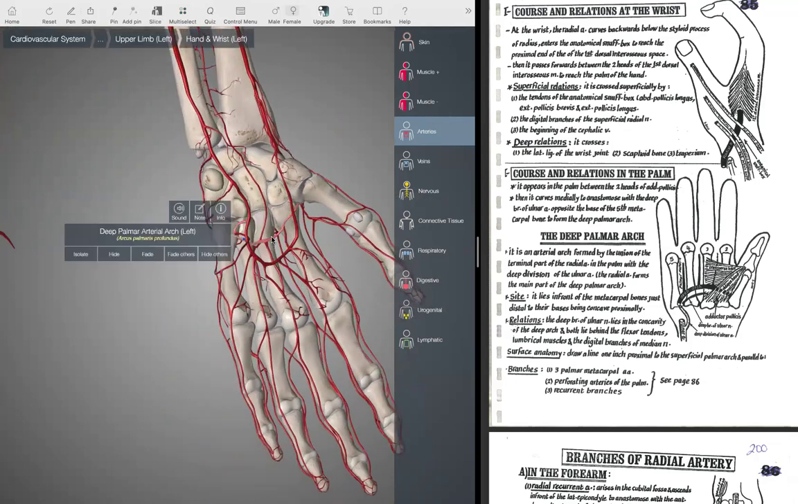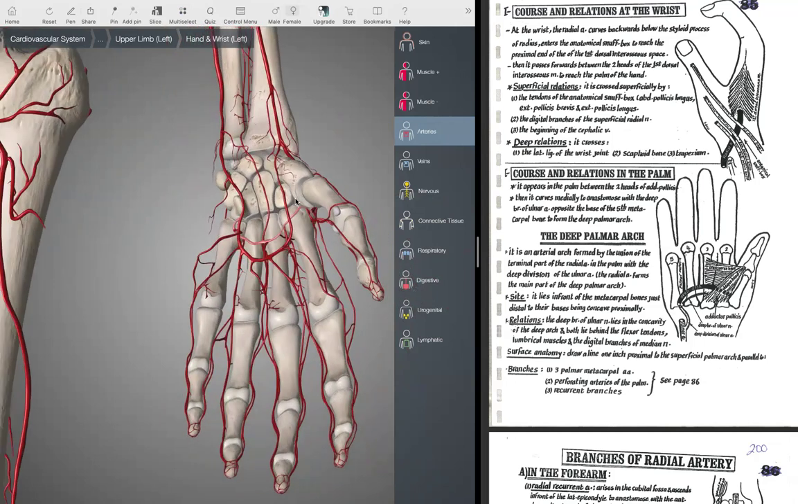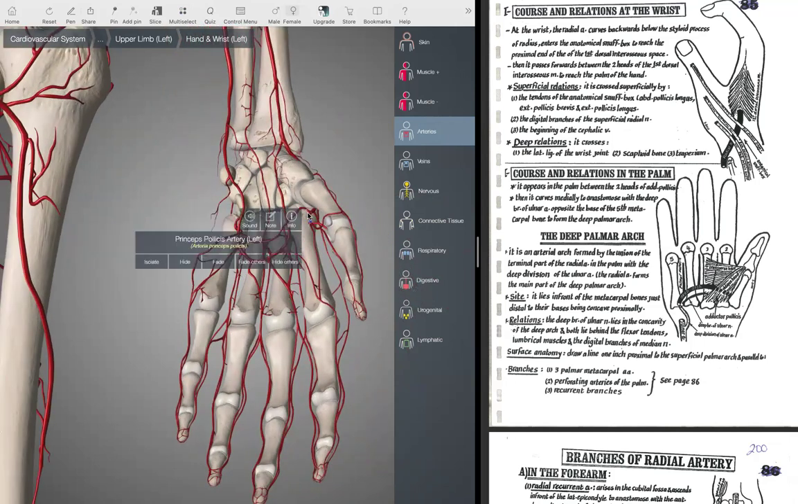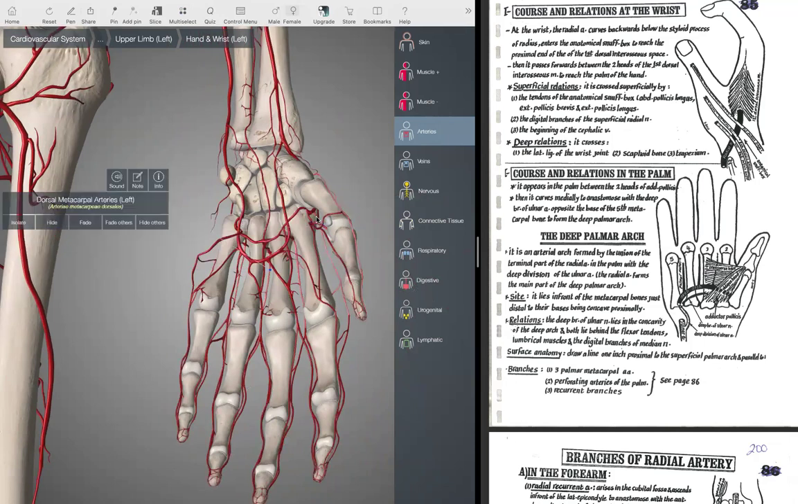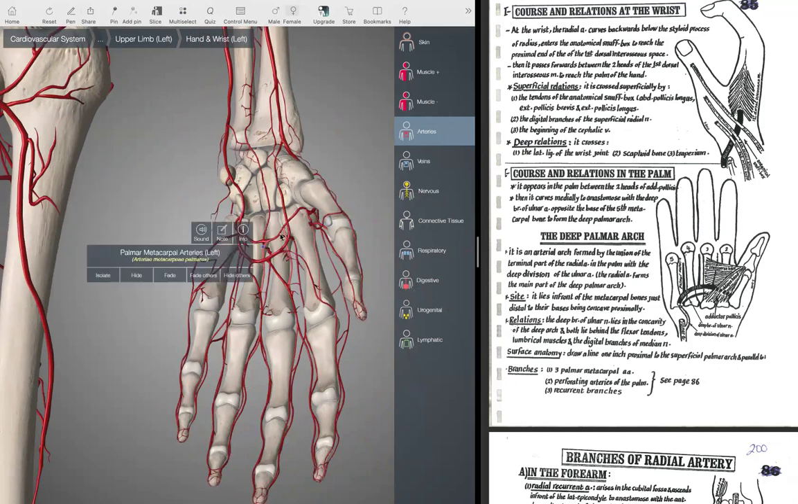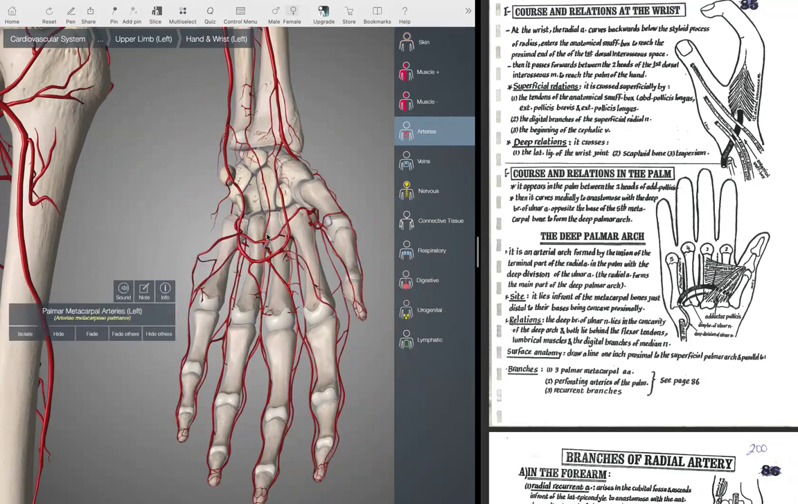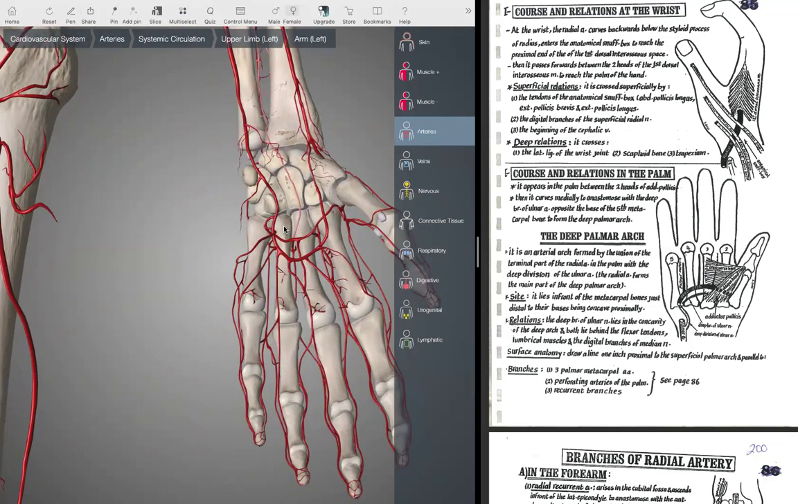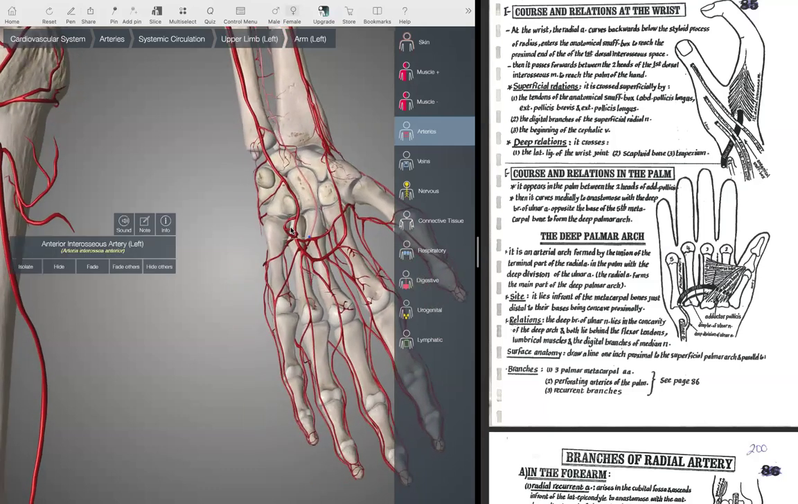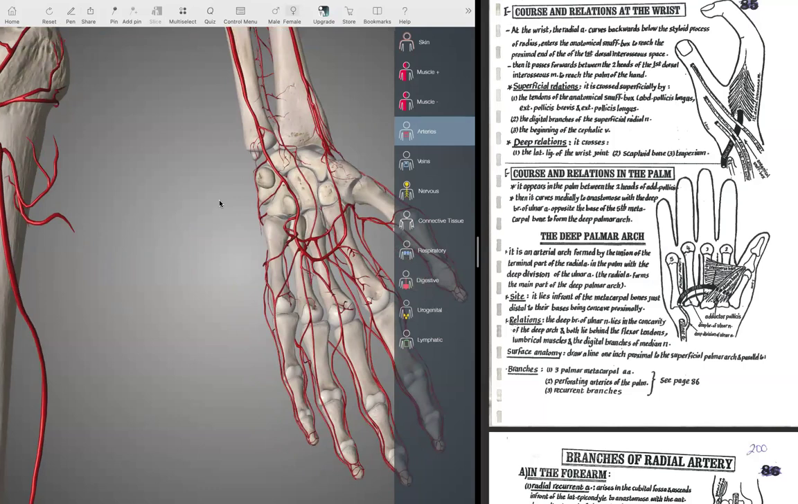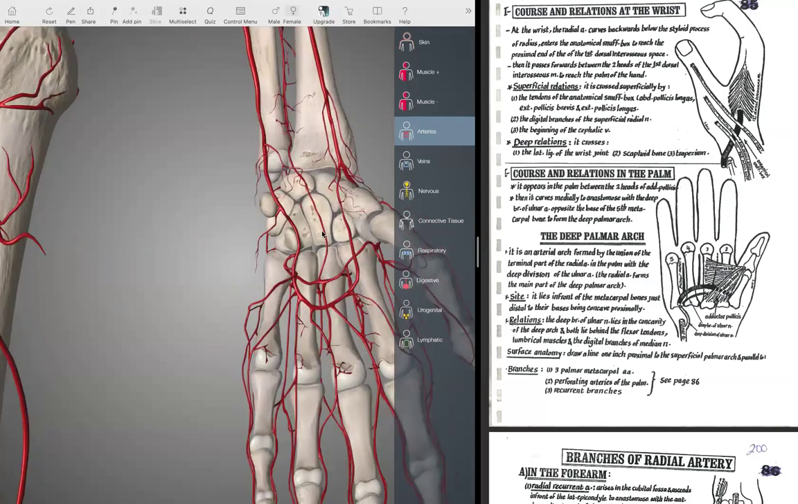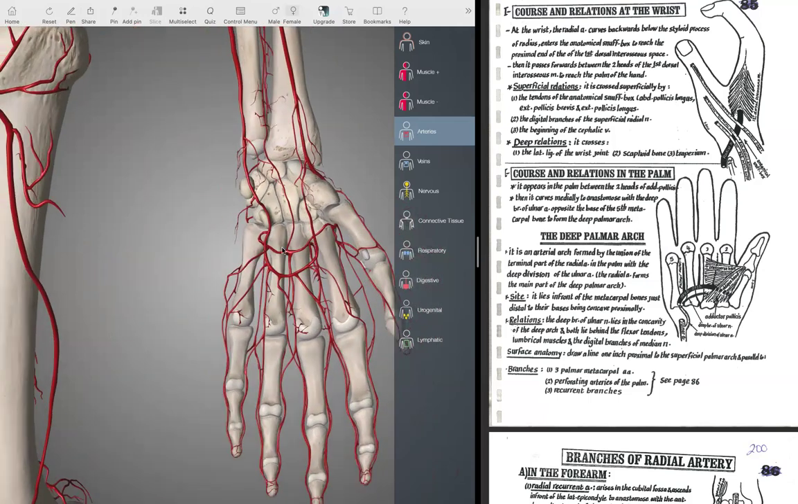This palmar arch. Maybe. Okay, perforating arteries of the palm. And then there's number three, recurrent branches. Recurrent means going back, always. Going back, okay? Recurrent